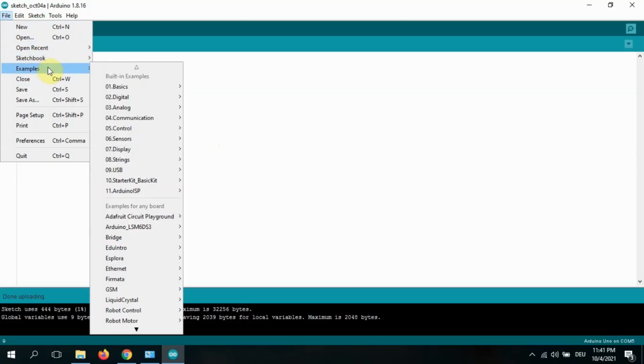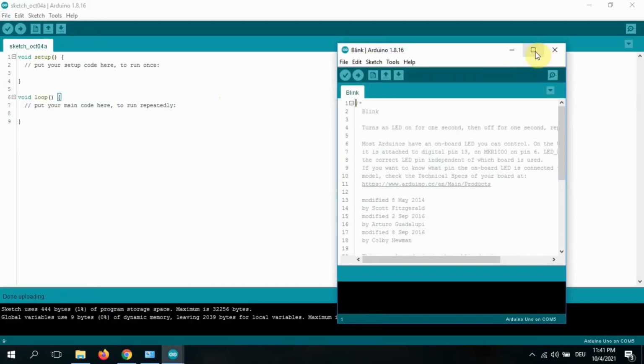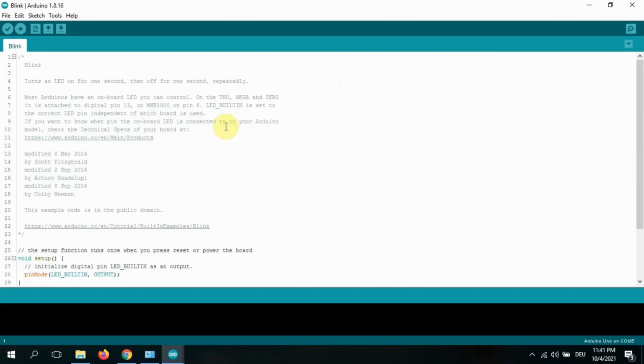After getting this sketch open, you can run Arduino examples that already exist and are easily accessible from the Arduino IDE. In the examples, you see multiple available examples. There you go to Basics and then to Blink. It will open a new window, and then you see an already programmed LED blink for Arduino Uno.